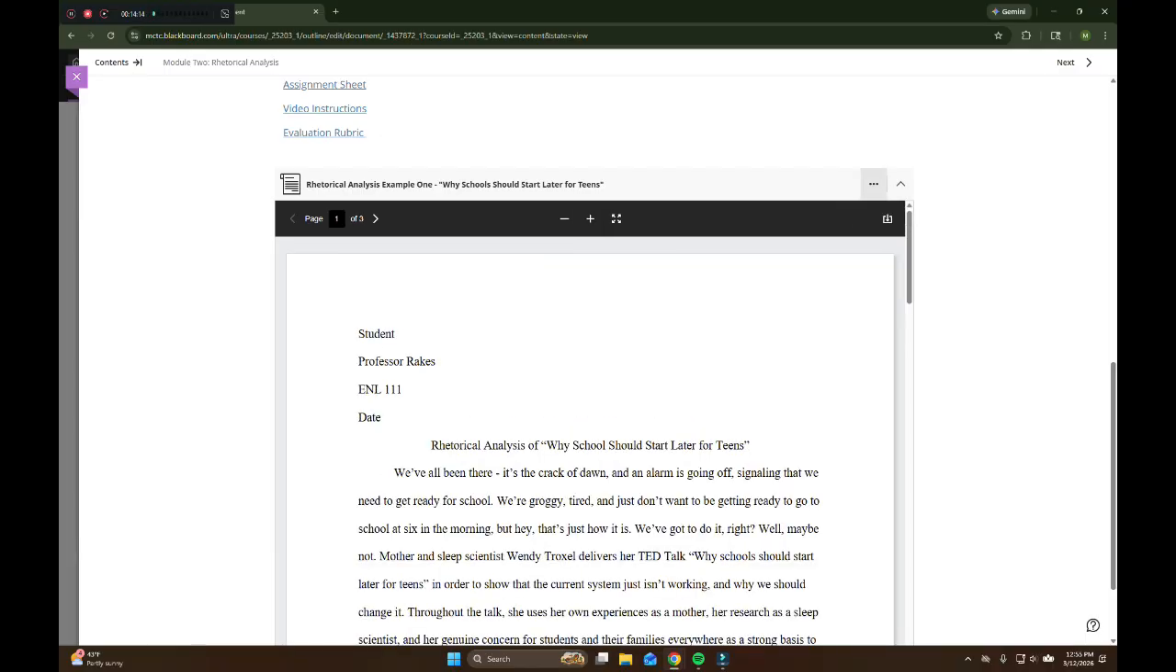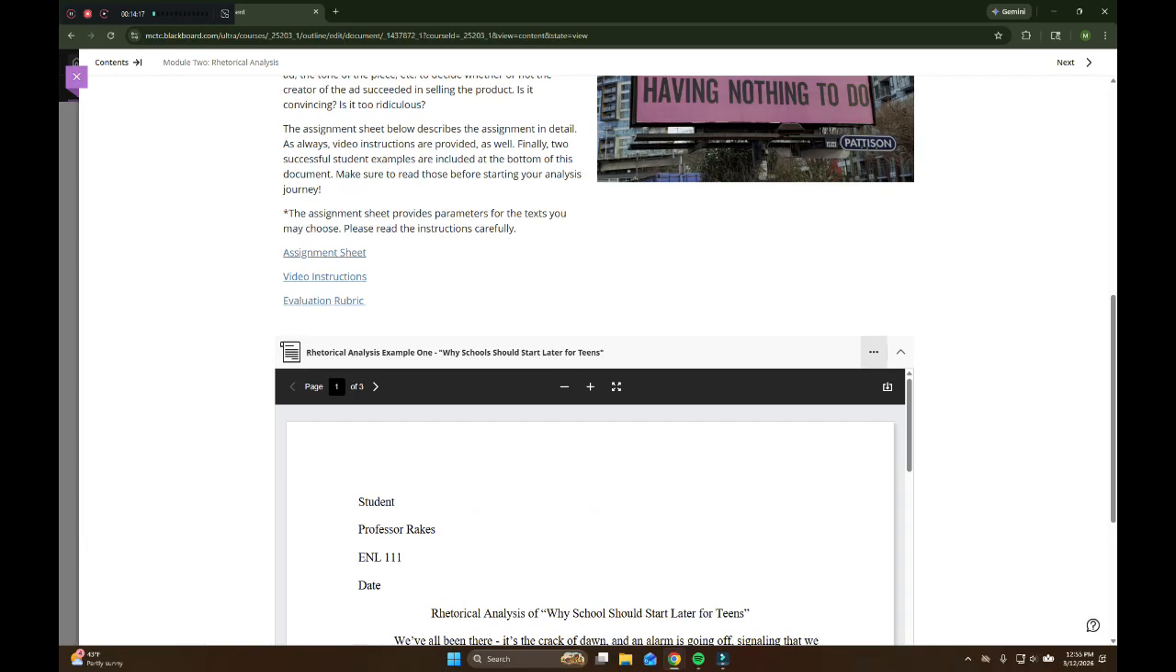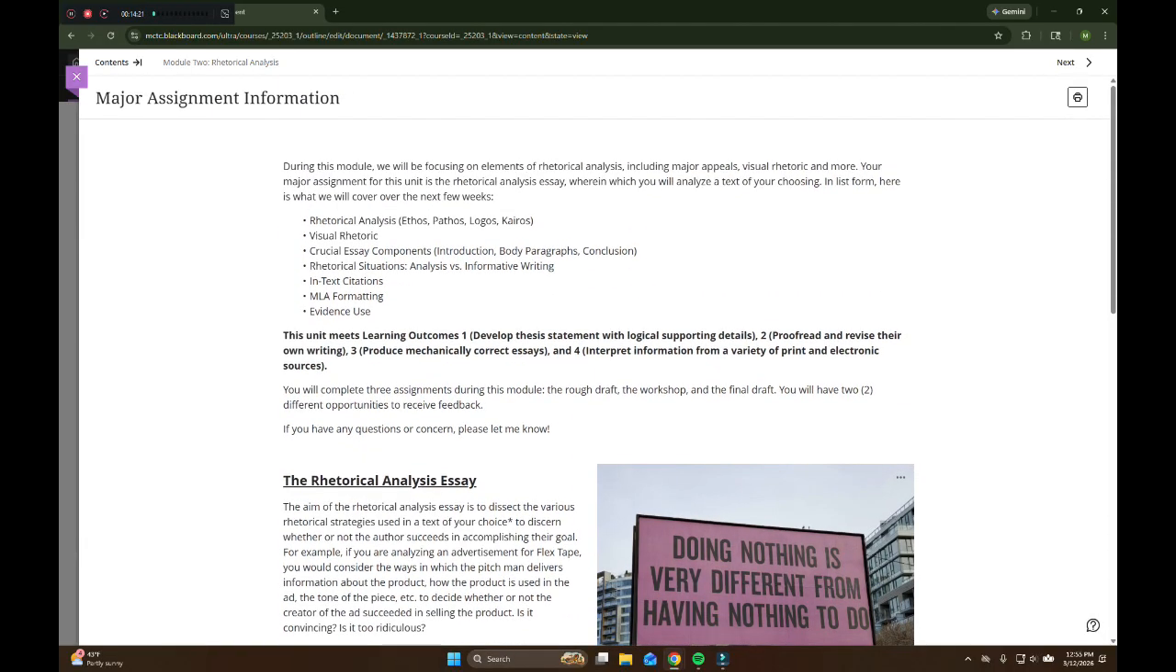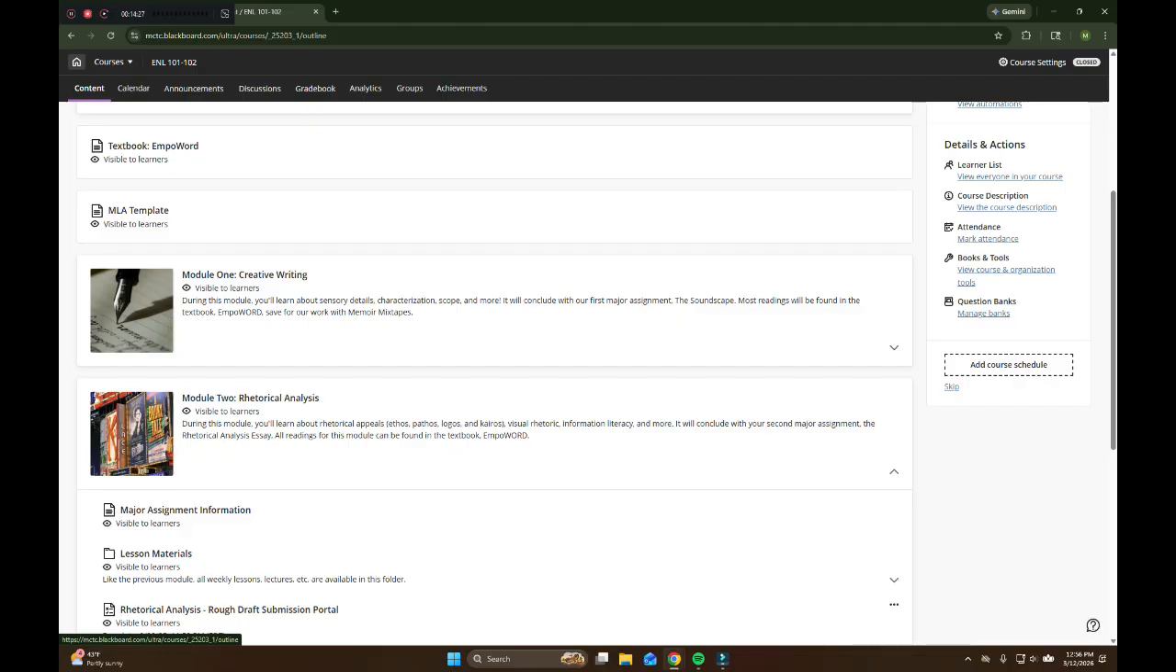This way, they don't have to go into several different folders just to locate all of this stuff. It's right here all the time. And based on feedback I've received from students, they like this. They like having everything in one place. However,